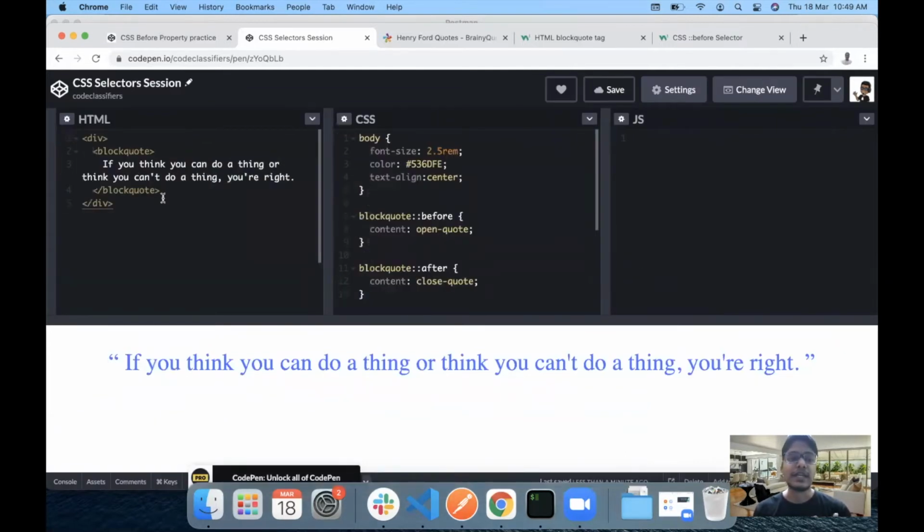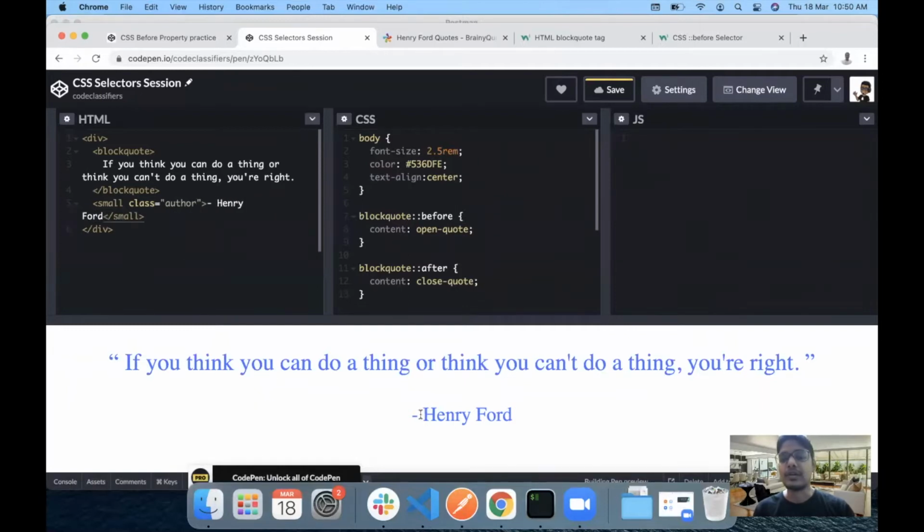The only thing which we need to add next is the author. I went through a lot of tags which you can use for author. Some mentioned small tags, some others mentioned span, or I think there was figcaption or something like that. I'm going to stick with the small tag for now, which is basically an HTML tag for smaller text. Within that, I'm going to add the author, which is Henry Ford. Hopefully this quote is actually from Henry Ford, I don't know myself. Then I can add a class here, which is, let's say, author.